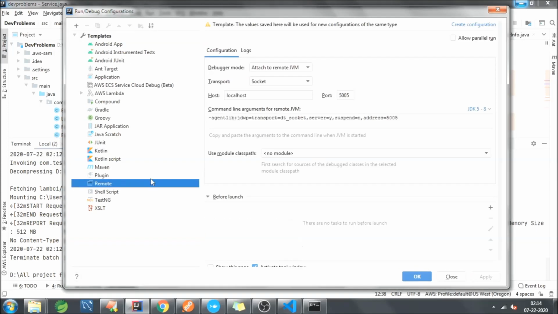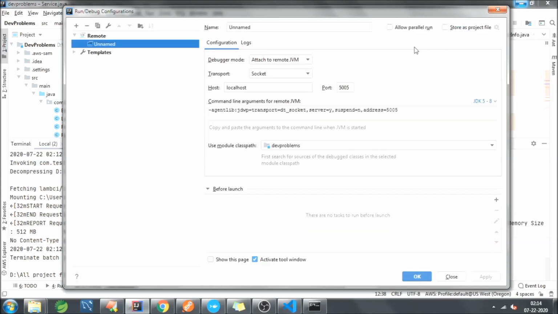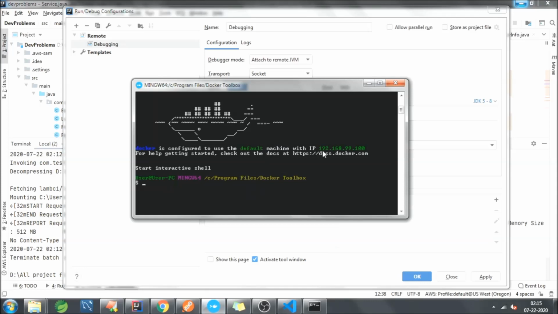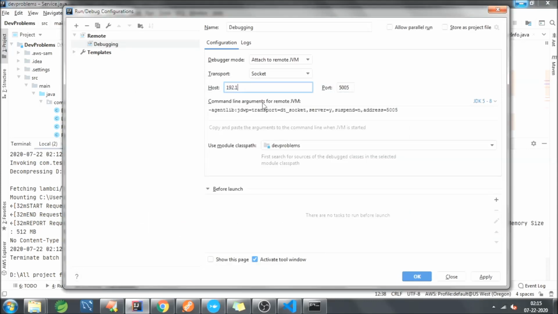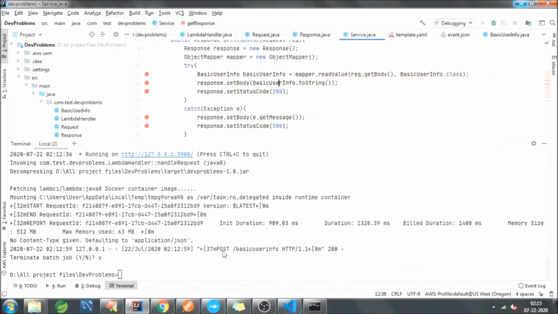So you go to remote and create a new configuration, and you can give any name you want. Here in the host you need to provide your Docker machine host, which is 192.168.99.100. And let the port be 5005. I will apply and hit OK.